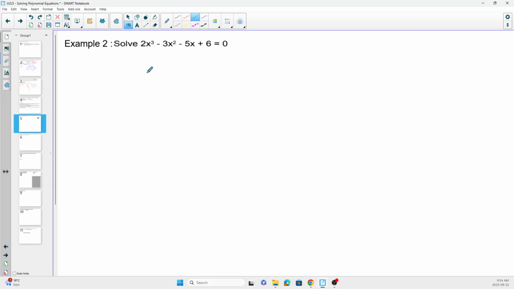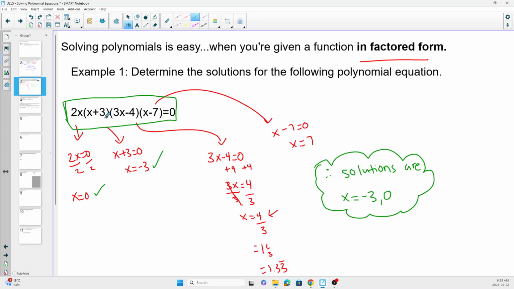Okay, so solve the following. When will 2x cubed minus 3x squared minus 5x plus 6 equal 0? We want to know when this function will have a function value of 0. Remember our integral zero theorem. If this was all in factored form, like this one is, our c value is going to come from multiplying our